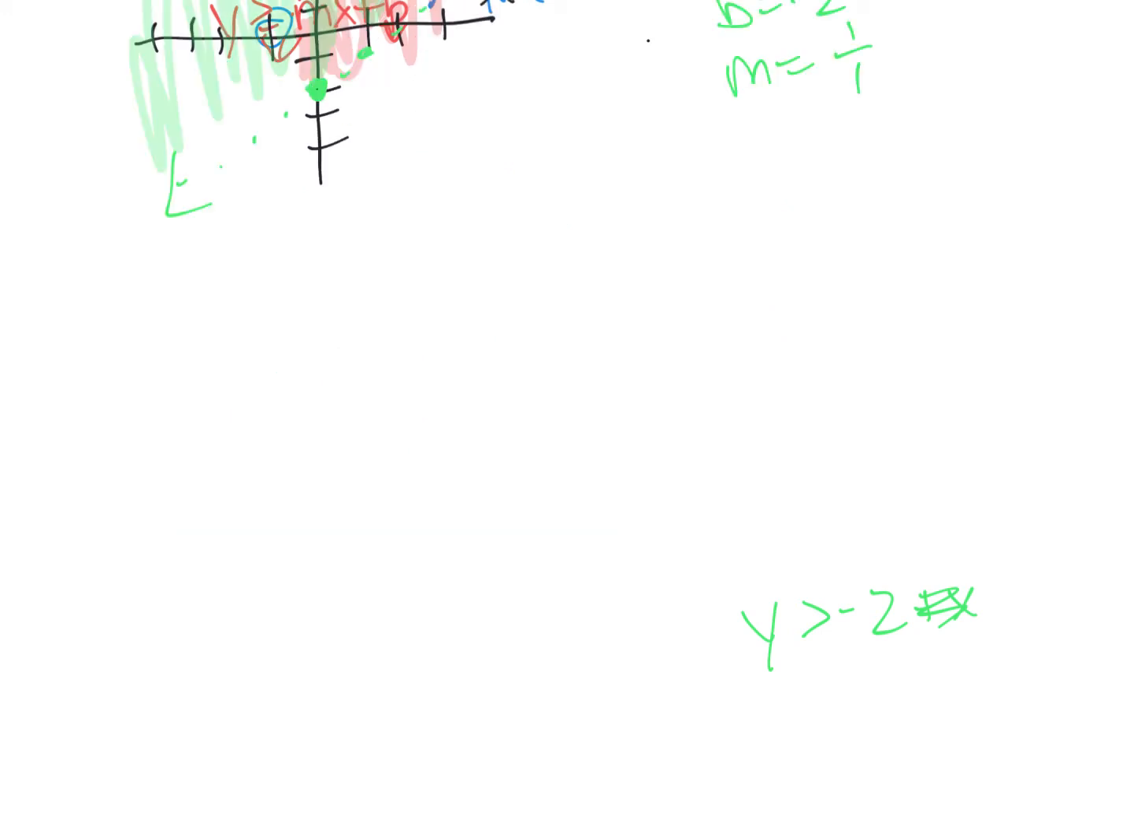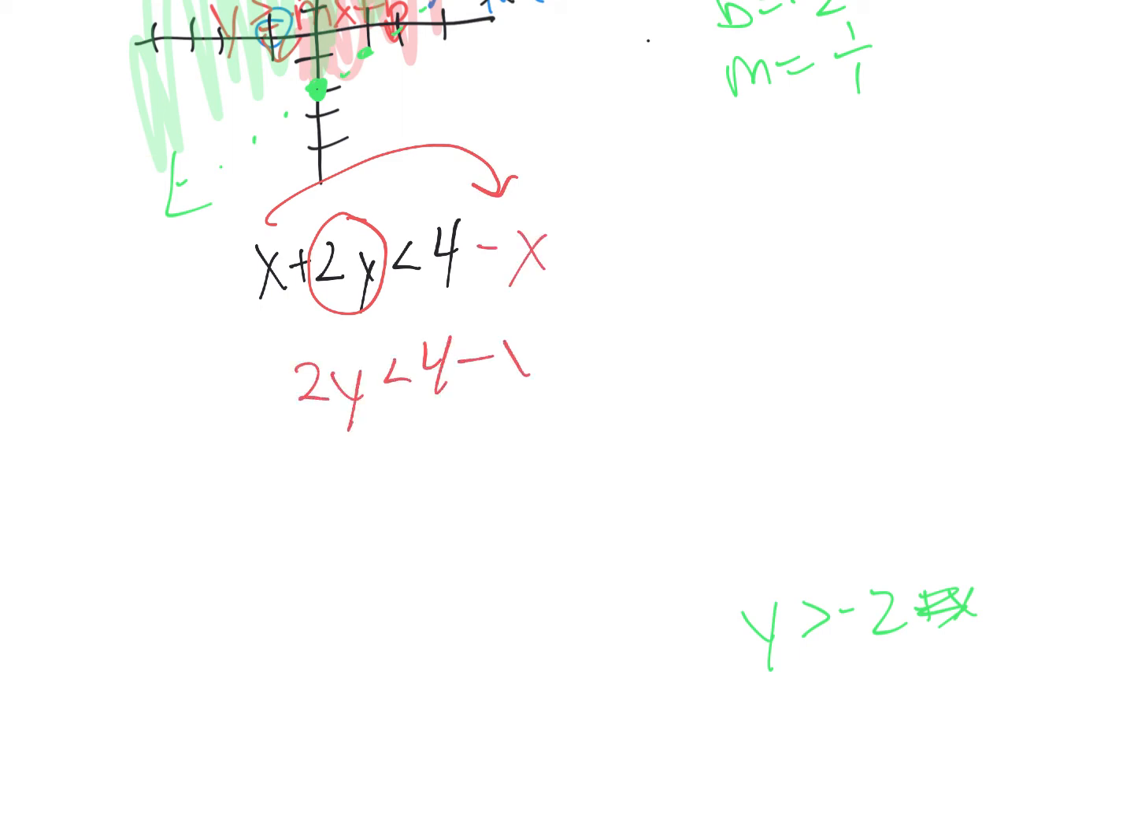Okay, let's look at another one. Let's look at x plus 2y is less than 4. So we have to get this y isolated by itself. So we're going to move this x over, so it becomes a negative x. So we have 2y is less than 4 minus x. Divide by 2 because it's multiplying by the y. And so then we have y is less than 2 minus, don't forget this is a 1/2, so it's 1/2